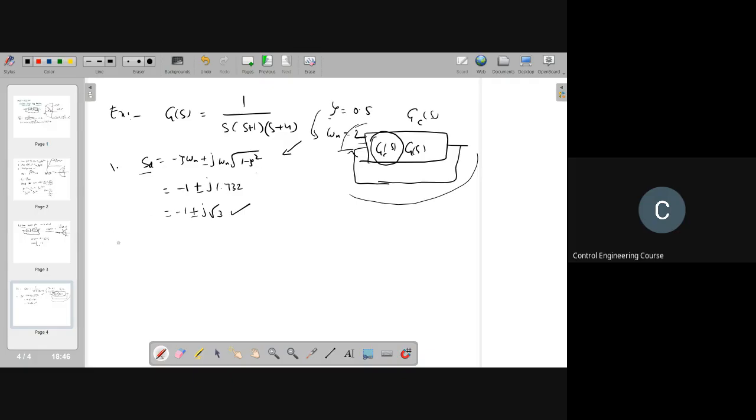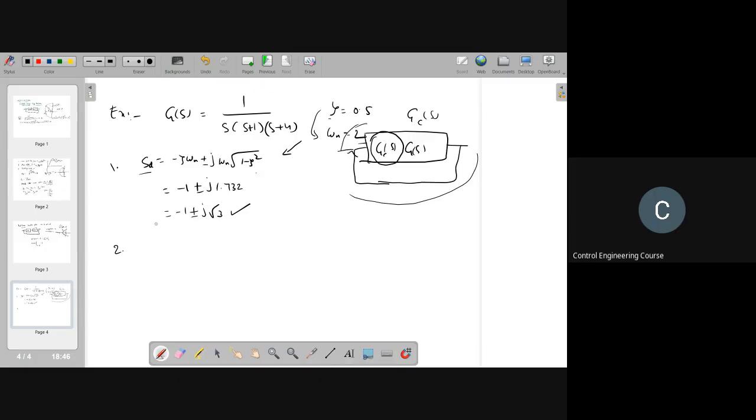The second step will be calculating the angle deficiency. This will directly tell you whether you can use a simple proportional controller or you have to go for a compensator. So this step reduces to calculating K and checking whether it gives the correct value or not. Those things are not needed; directly you can go with the angle deficiency.